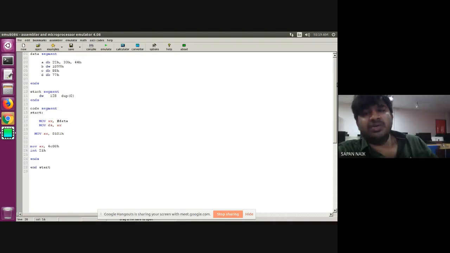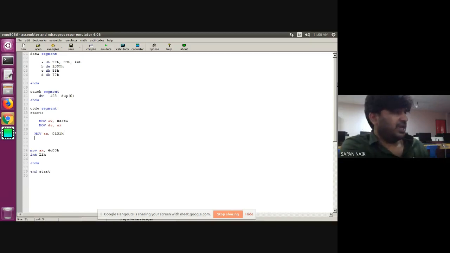The move instruction stores the data from the right-hand side into the left-hand side. So this data will be copied into AX. It is as simple as that. 0101 is 16-bit data because it is 4 hex digits, so this 16-bit data is copied into AX register.